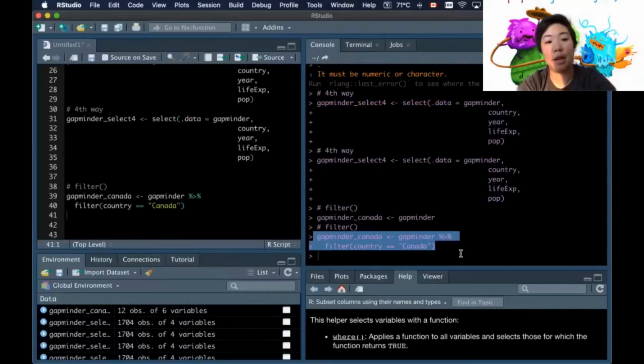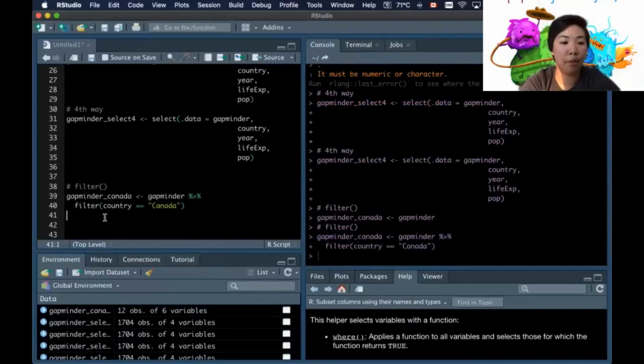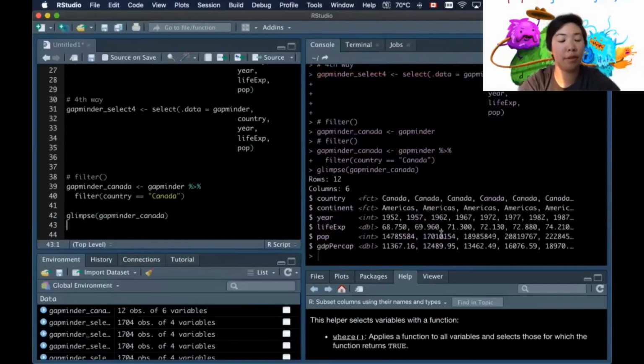And so we should take a glimpse at what we have. So glimpse, Canada. Oh, the other new thing, I'm so sorry, is the double equal sign here. It's not a single equal sign. That's a different thing, like an assignment operator, like I mentioned earlier. A double equal sign means equals. It's a logic saying find everything that looks like this, which is Canada,